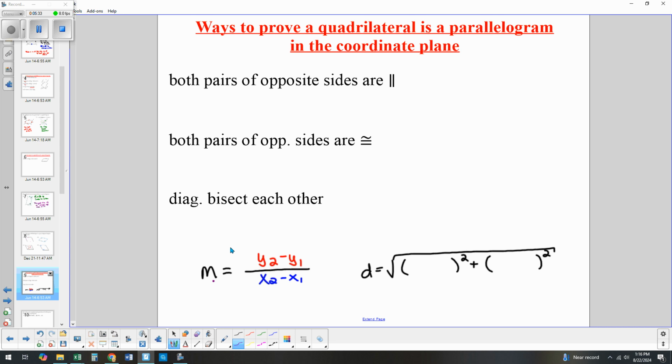That's actually my favorite way because there's going to be a sneaky way for us to take the slope work that we did and apply it to the distance formula. So we see here slope was y2 minus y1 over x2 minus x1. If you recall the distance formula, come on,